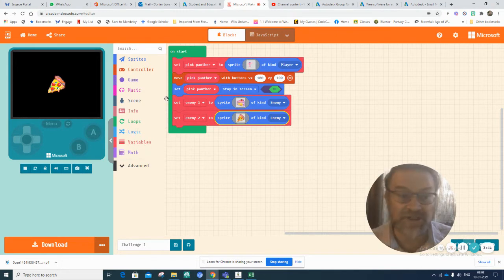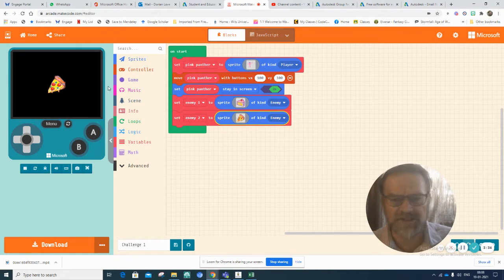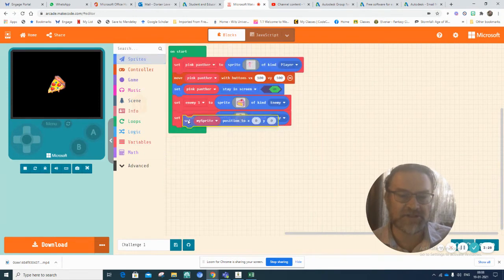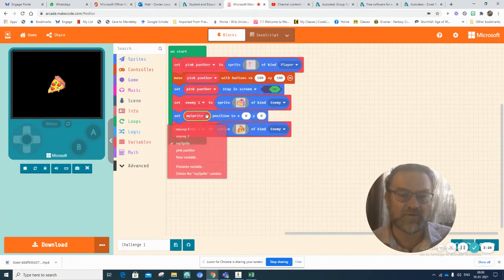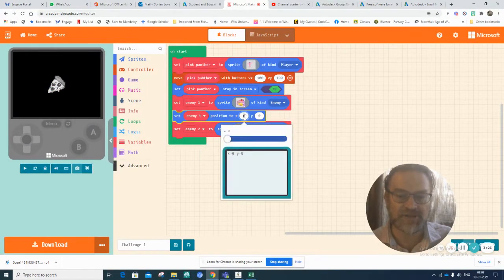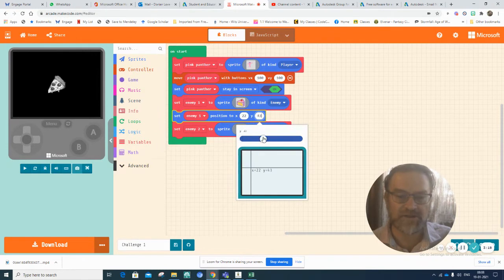So unpaused again, and I've just used from the gallery. And you'll notice they kind of start in the center of the screen, so I want to position them on the screen. So I can go and I can set a position for enemy 1, and I can choose a kind of XY coordinate. So you just position it on the screen where you want it to start,